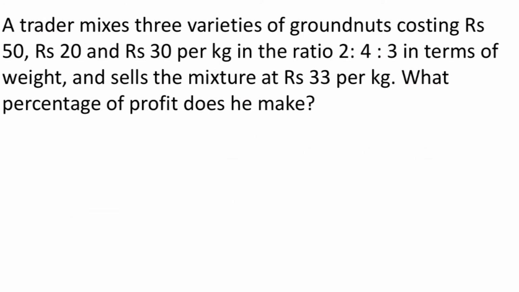A trader mixes 3 varieties of groundnuts costing 50 rupees, 20 rupees and 30 rupees per kg in the ratio 2:4:3 in terms of weight and sells the mixture at 33 rupees per kg. What percent of profit does he make? He is mixing 3 qualities of groundnuts, taking 2 parts of first quality, 4 parts of second quality, 3 parts of third quality. So the combined cost price is